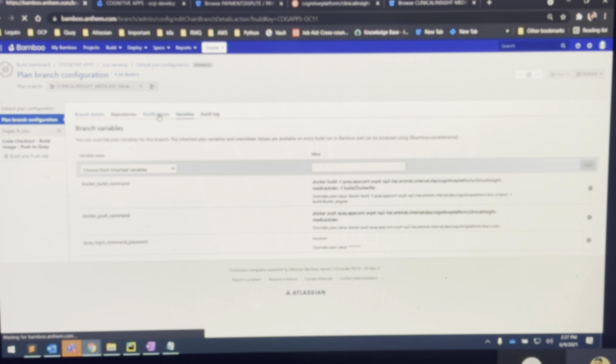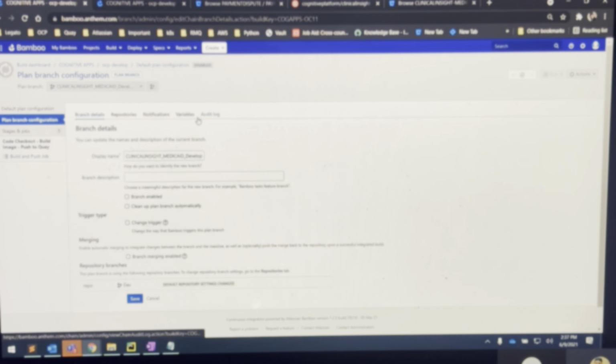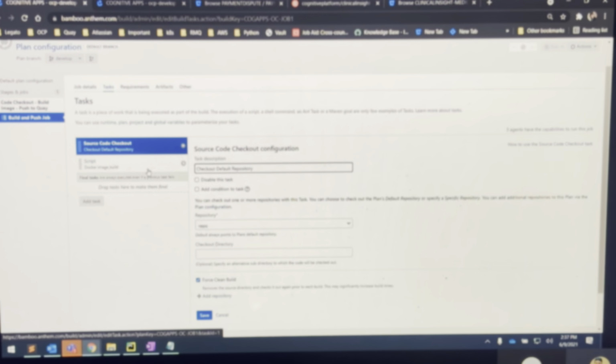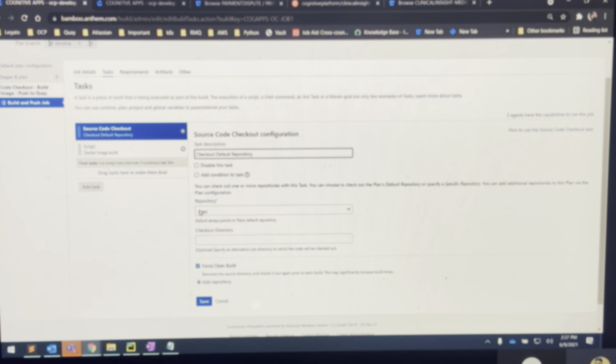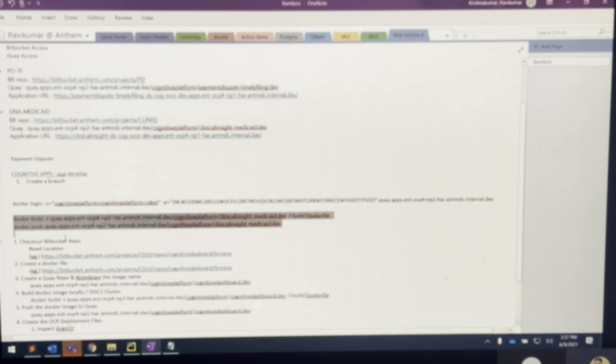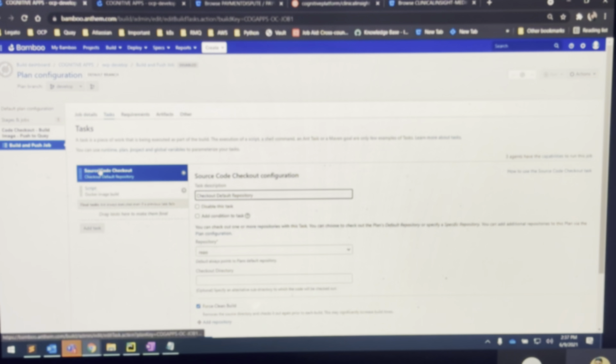Okay, branch details, repositories, notification variables, all are fine. So now we need to just go to the steps, build and push job. Okay. Yeah, first step is source code checkout. So this will take care of the code, right? The first step is to check out the Bitbucket repo, so that will be taken care of by this task. It's similar to Jenkins steps, right? So first task is done,